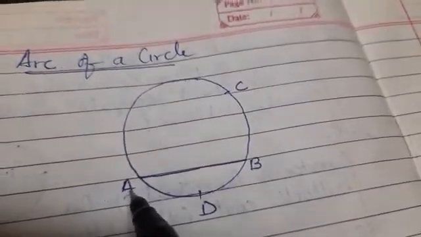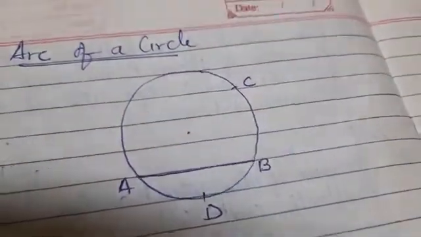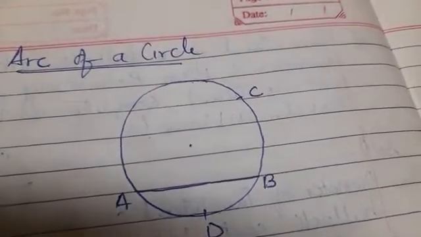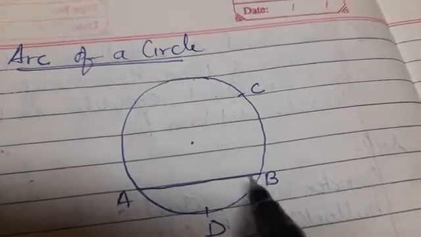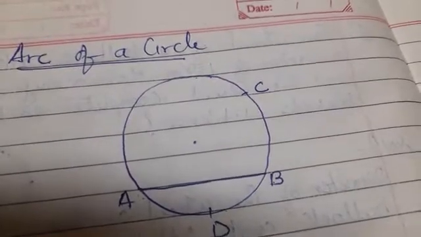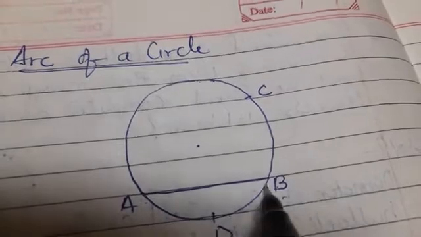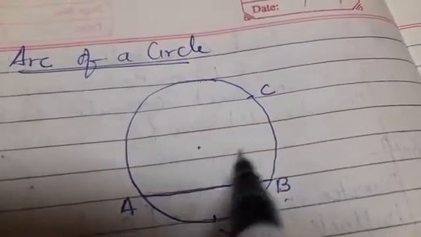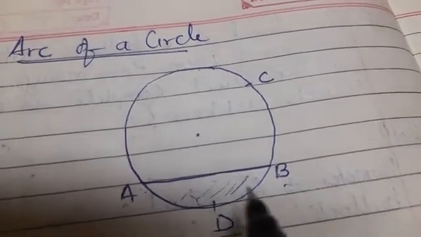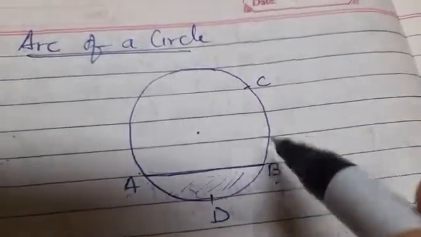There is a chord AB. Of course it is a chord because it is not passing through the center of the circle. If the line passes through the center of the circle, that chord becomes a diameter, but in this case it is not passing through the center. So point A and point B are the points of the chord. Now can you see this chord has divided this circle into a large area on the top side and a smaller area here, right? So the large area which you can see, that is ACB.